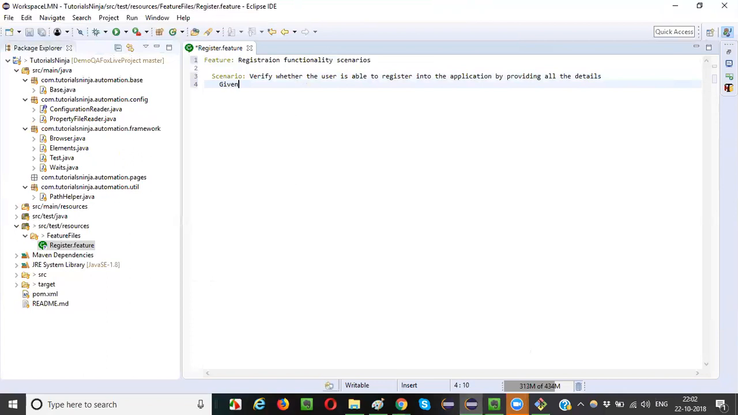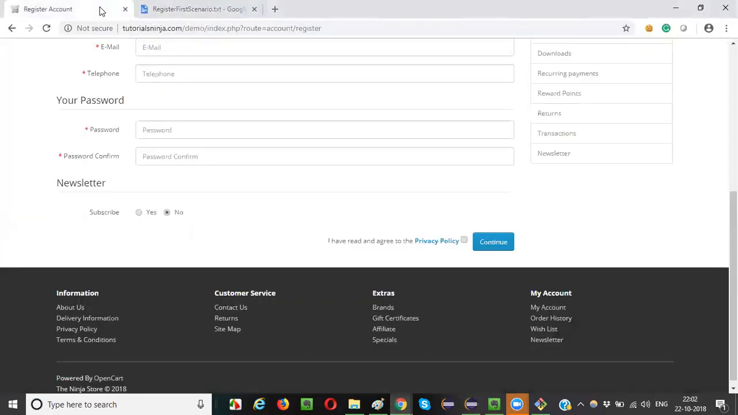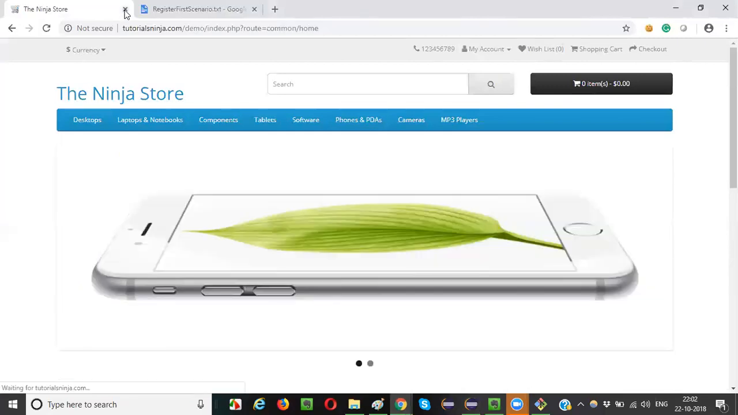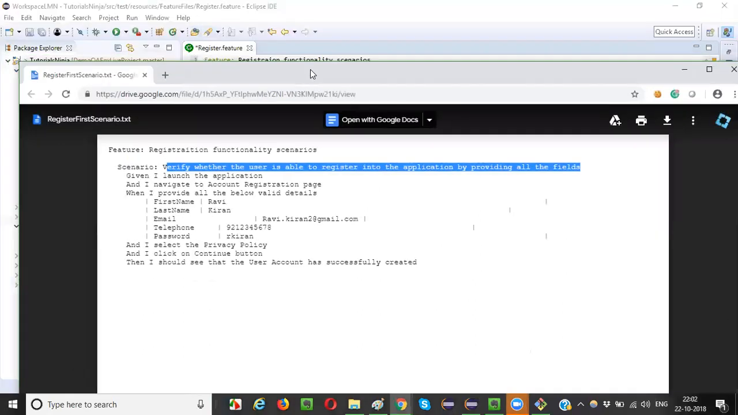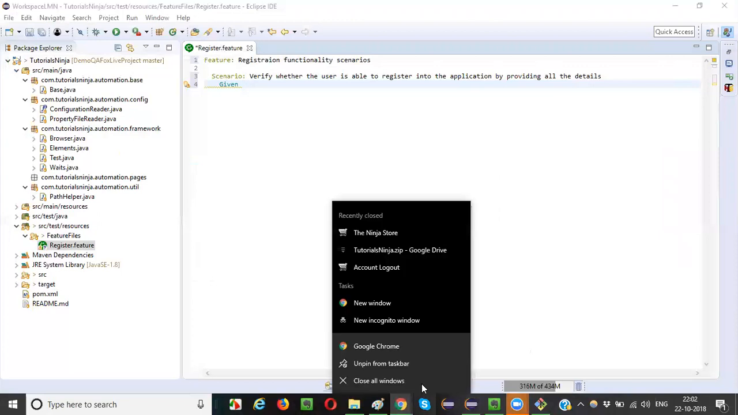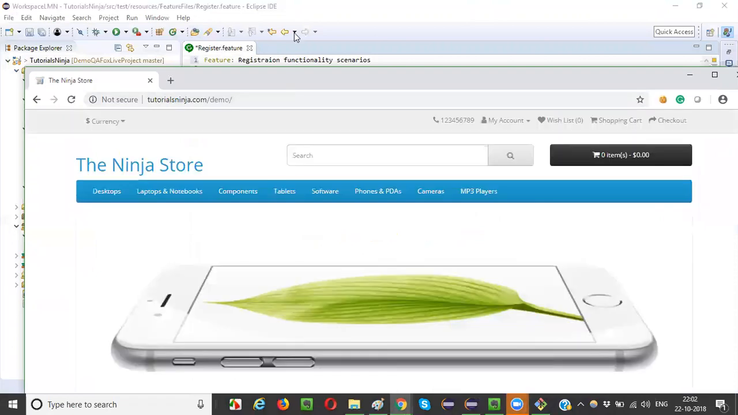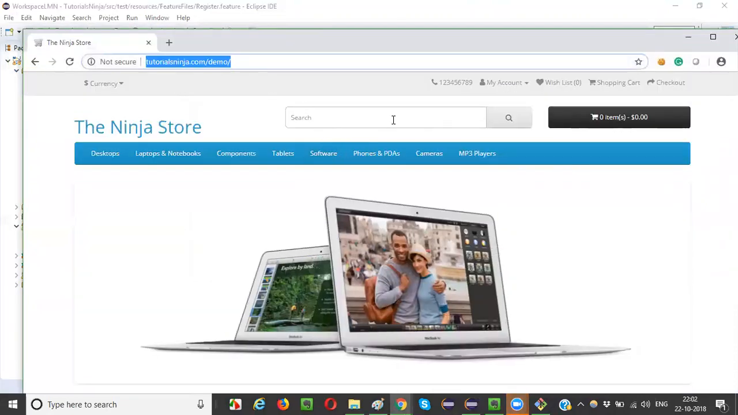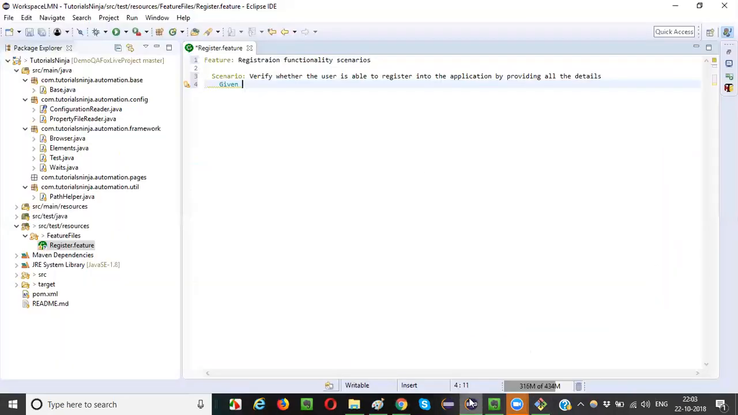Now under this, I have to start writing given. What is the first step I need to write? So basically, first I will not be having this application ready, guys. First thing I have to do is I need to launch the application, right? I need to launch the application like this. Given I launch the application